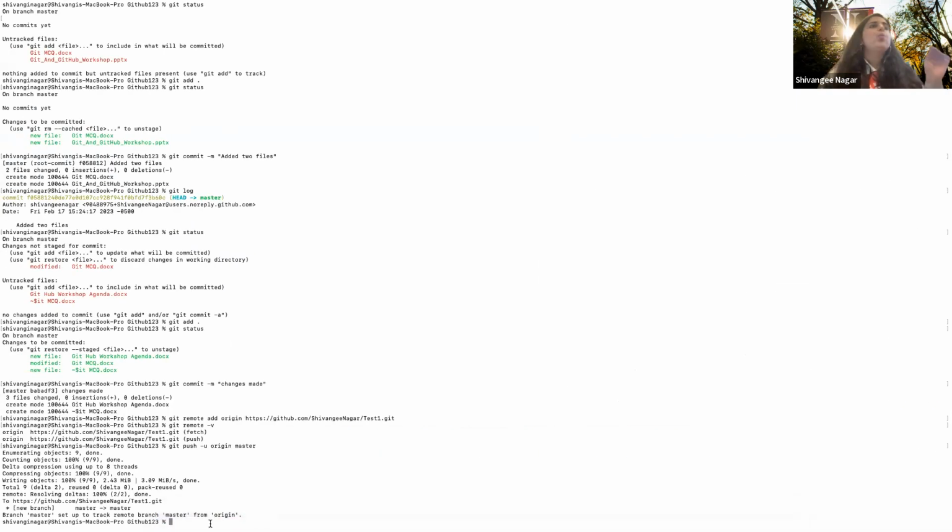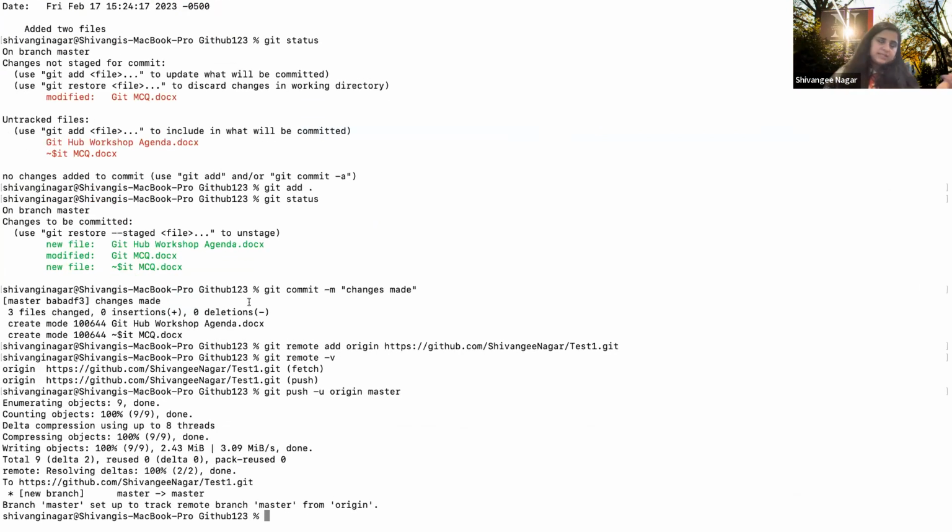There are 2 ways to fetch, or I can say pull, the changes that you have already made from remote into your local. One way is that you do fetch plus merge. The other way is when you do pull. There is a very slight difference between both of them, but it's very important to understand both the differences.